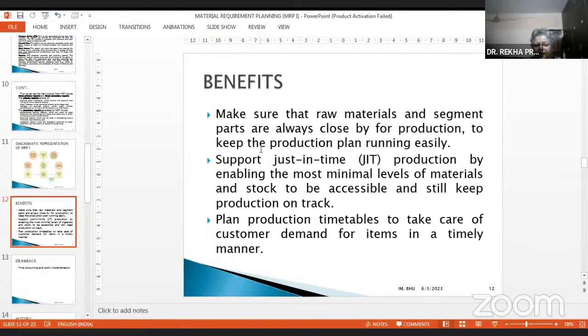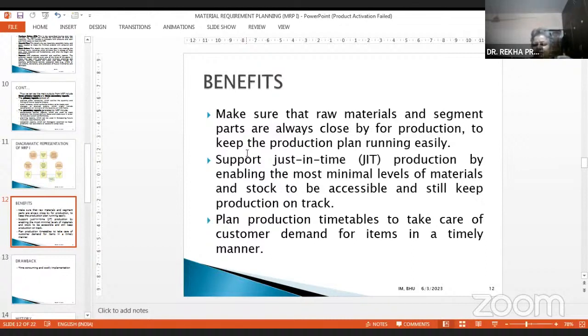So these benefits you have to see, to make sure that the raw material and component parts are always close by for production. Wherever it is required, it is there, so that whatever production planning you have made goes smoothly. And as far as possible, try to keep just in time, not too much and not too little.